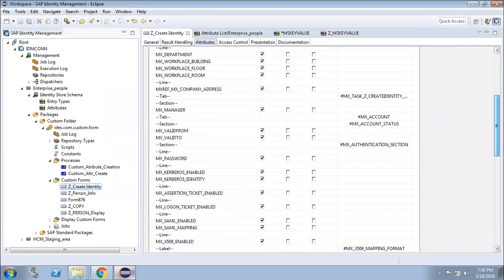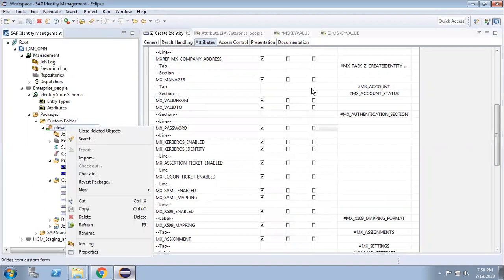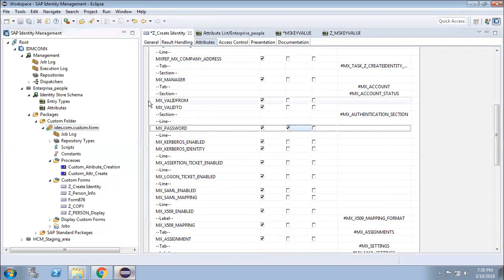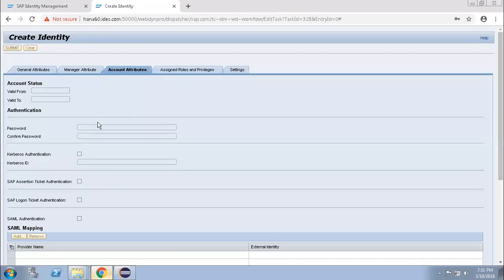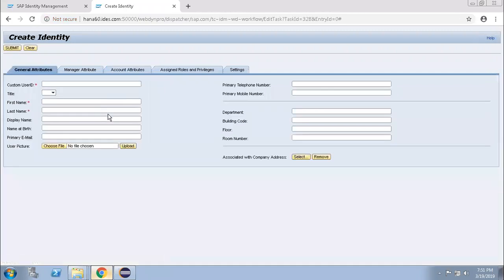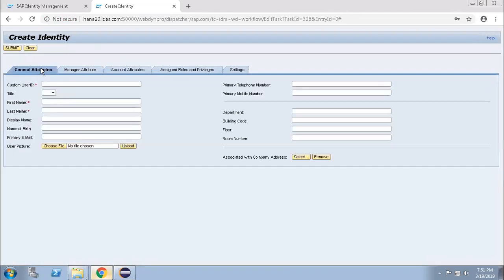So make sure that password is a mandatory field, even by mistake. Middle one, right? Mandatory. Oh, okay. Sorry. The middle one is mandatory. This is the read only. So I put this password as a mandatory field so that even by mistake you should not miss the password field. If you click on this one, here also you have to maintain the password whenever you create the user ID.